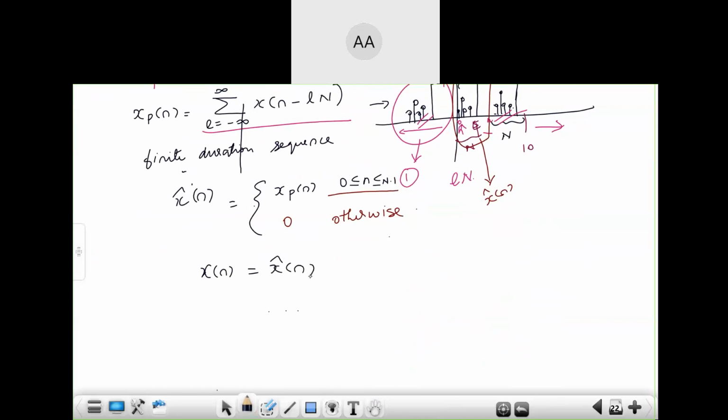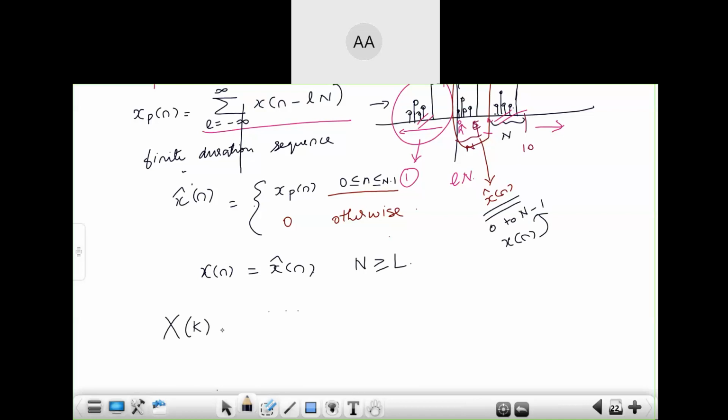Can I say this? Because for a periodic sequence, I am just going to consider from 0 to n minus 1. X of n also you are considering only from 0 to n minus 1, provided n is greater than or equal to some capital L, the length of x hat of n. That means the n value should be sufficiently large. That's all. So if x of n is the same as x hat of n, then you can definitely write